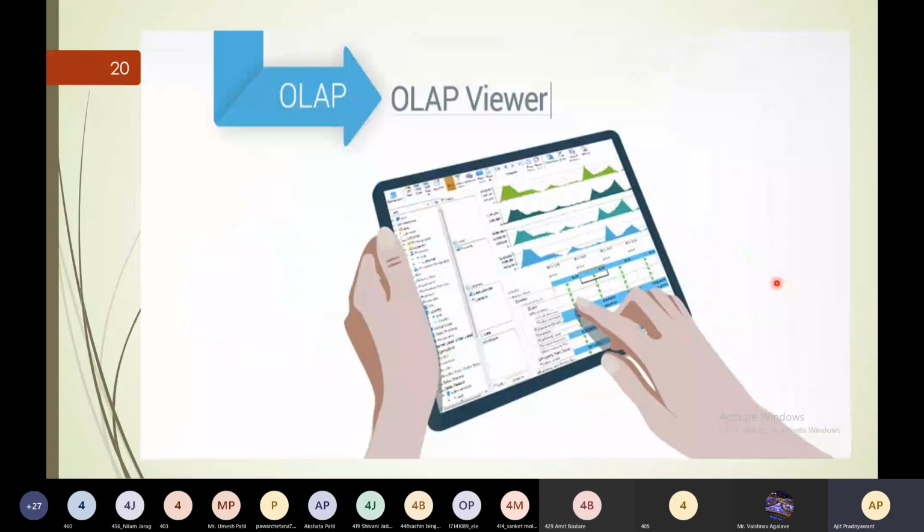In software, the OLAP will look like this. This is your OLAP viewer. In this OLAP viewer, behind the scenes the data is present, and as per your requirement, data is presented in front of you so that you can analyze the insights of the data. Based on the insights of the data, as a manager or as an executive, you can take decisions.